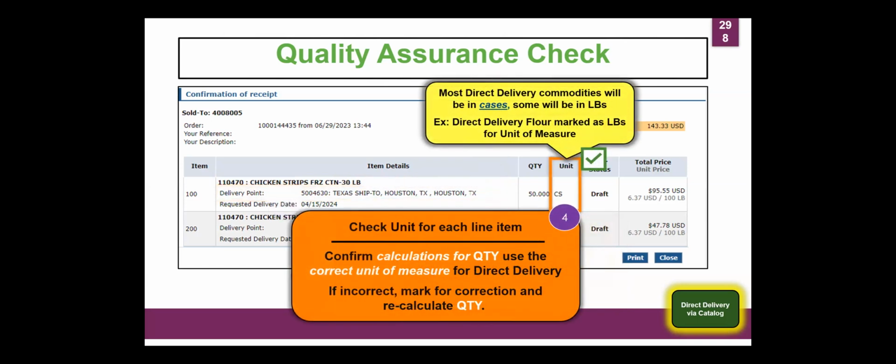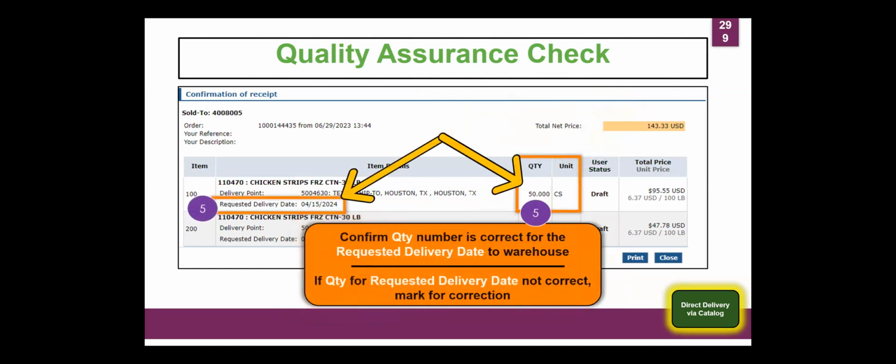And quantities. Most direct delivery commodities will be in cases, but there's a few that are in pounds. So making sure it's the right quantity. And confirm quantity is correct for the requested delivery date to the warehouse.